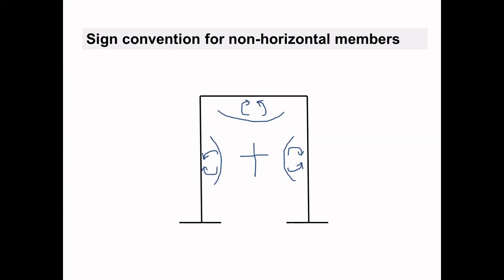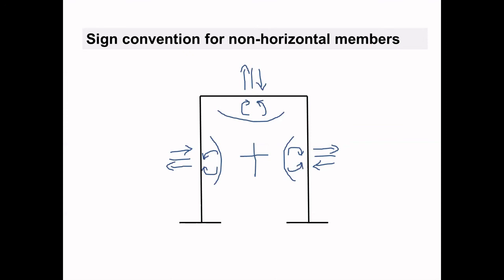The sign of shear force, as we discussed, is academic in nature. So if this is the pair, that means the algebraic sum of all the forces turns out to be upward on the left hand side and downward on the right hand side, we call this positive shear force for a horizontal member. We just turn it by 90 degrees on either side to get the positive shear force at these two columns. Mind you, again, the sign of shear force is purely academic in nature.